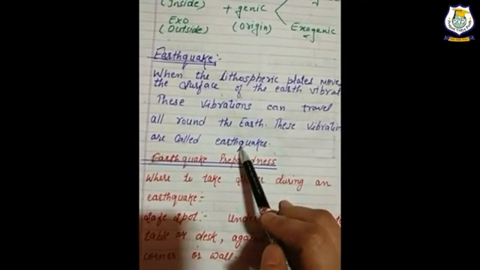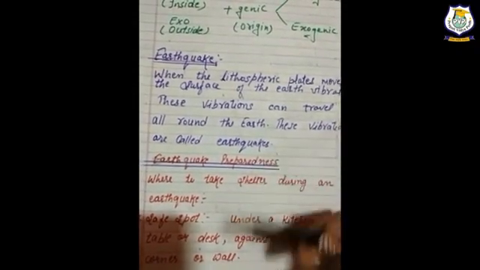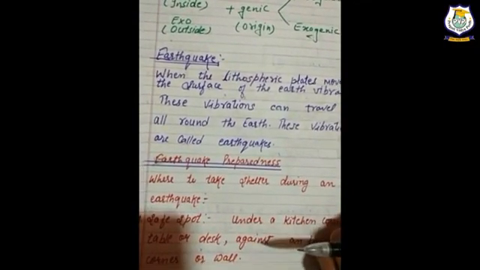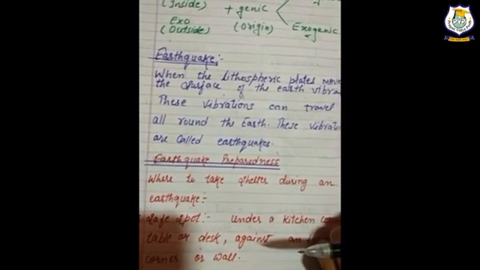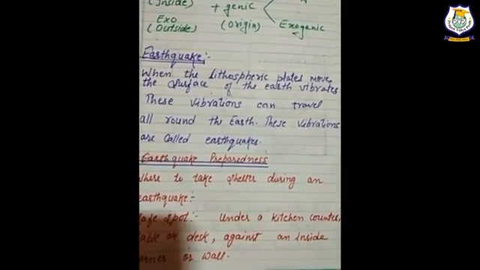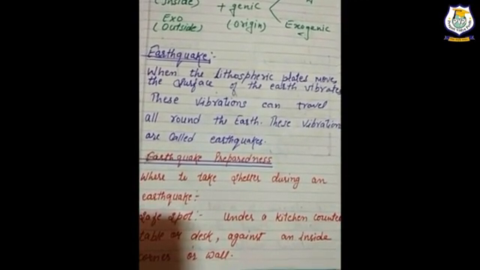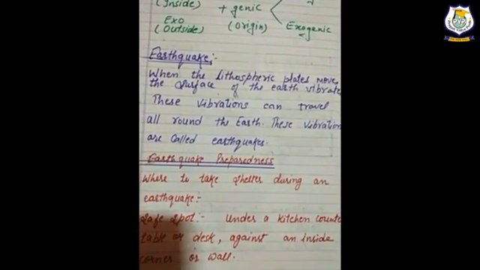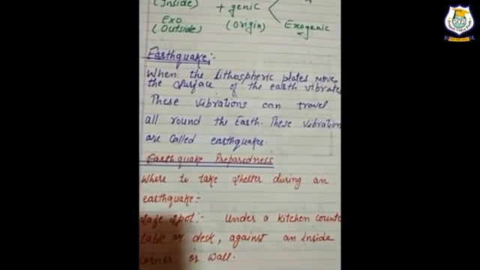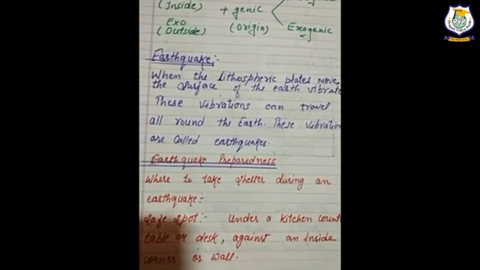The place in the crust where the movement starts is called the focus, and the place on the surface above the focus is called the epicenter. Vibrations travel outwards from the epicenter as waves. The greatest damage is usually closest to the epicenter, and the strength of the earthquake decreases away from the center.